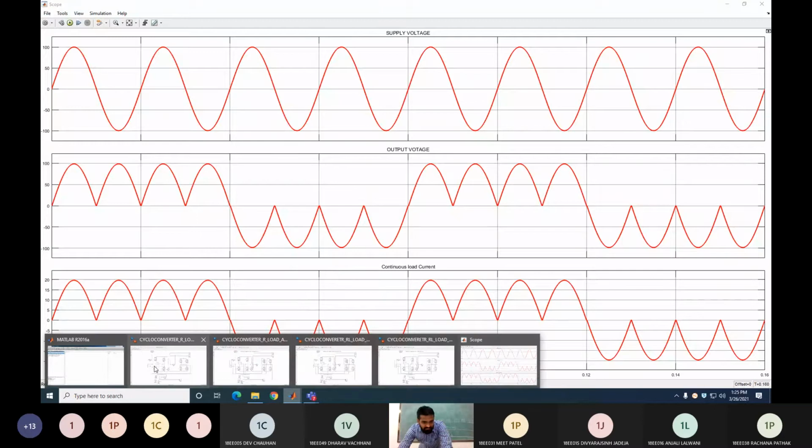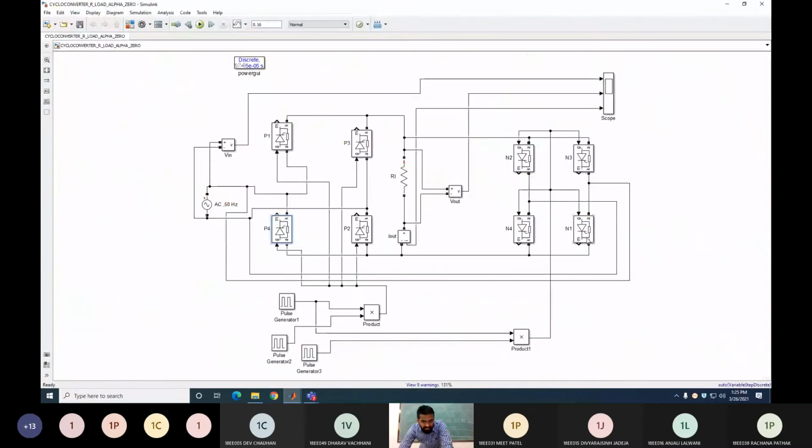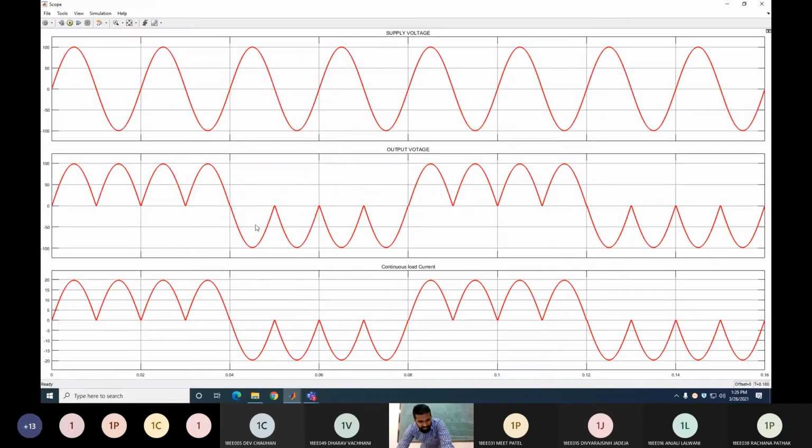So you can see here in the circuit diagram, your N1 and N2 thyristors come into forward bias for the positive cycle of the supply. So you provide the gate pulse to N1 and N2. You also provide the gate pulse at the same time to N3 and N4, but they are in reverse bias mode, so they will not turn on. Clear? So that's why only N1 and N2 turn on during the positive cycle of the supply, and during the negative cycle N3 and N4 will turn on. So for the rest of the 2 cycles, you can see that you get the negative voltage.